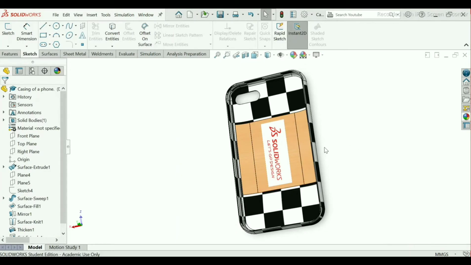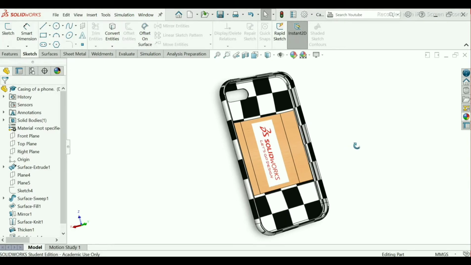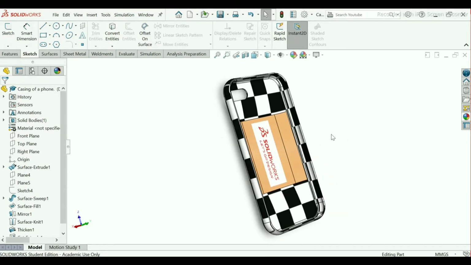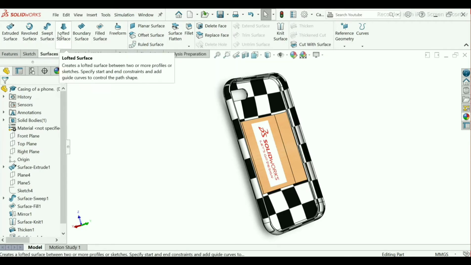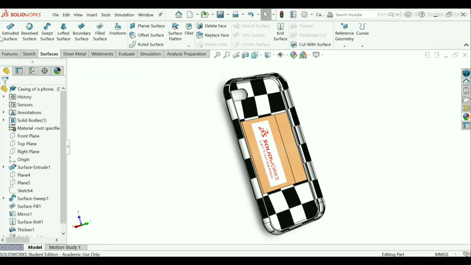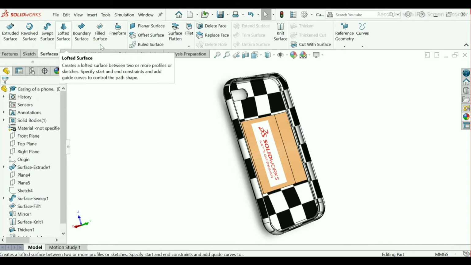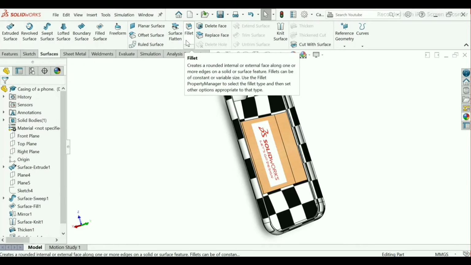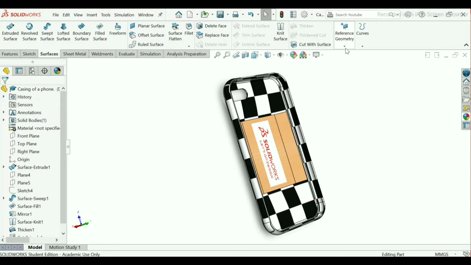Today we will start our new sketch modeling, that is surfaces modeling. As you can see here, these are the commands of surfaces like extrude surface, revolve surface and all. And here one common thing is that there is reference geometry, as you see here.